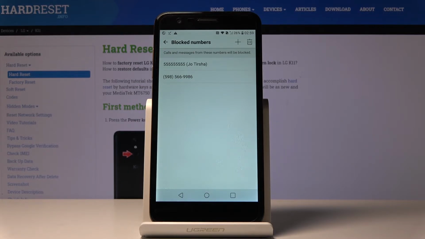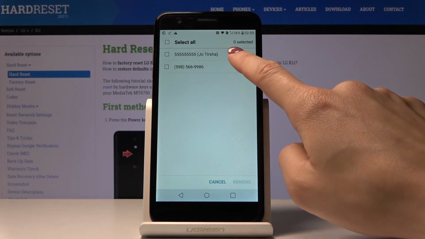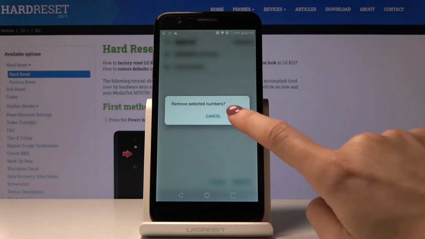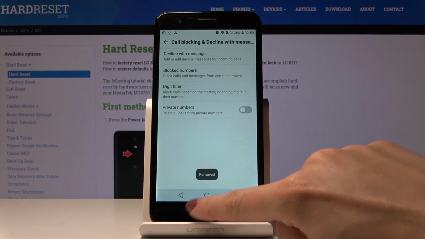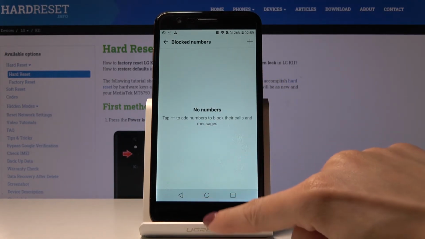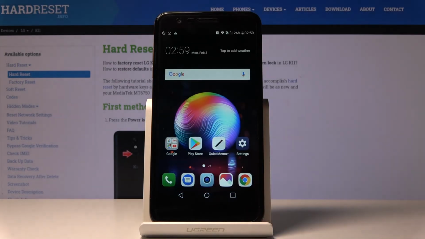messages from them. If you would like to remove some number from your blacklist, just click on the bin icon and then mark it. Click on remove, confirm that you would like to remove it, and as you can see now your blacklist is empty, so everyone will be able to contact you. So this is it. This is how you can block a number, block a caller on your